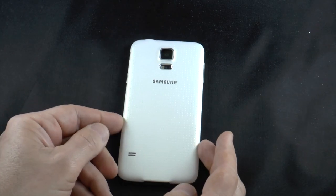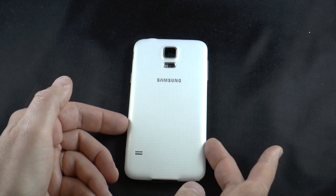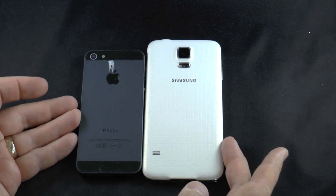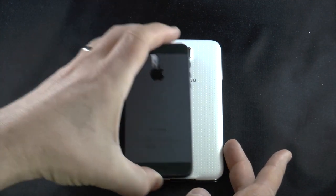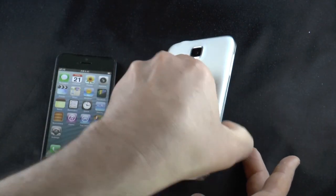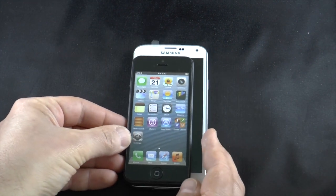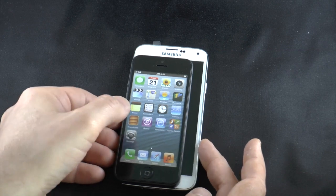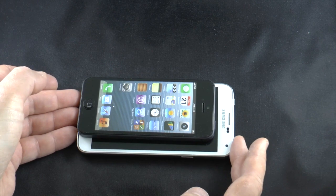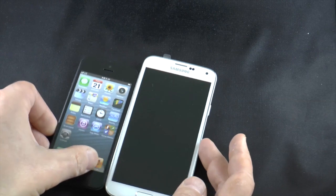And I just thought we would take a quick look at the difference in sizes between some devices. So this is the Samsung Galaxy S5. This is an iPhone 5. Actually, it's a dummy iPhone 5. And as you can see, there is a significant difference in size between the devices. And it actually translates to a huge difference in screen size. And what I'm finding is that it is much easier to read on the S5 than it is on my